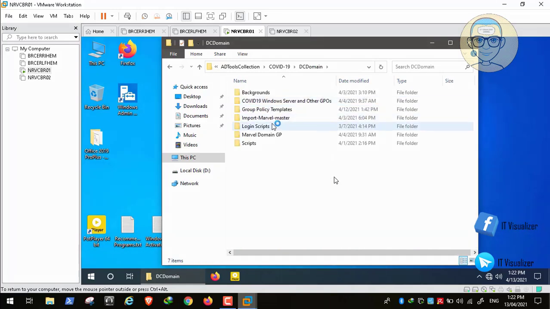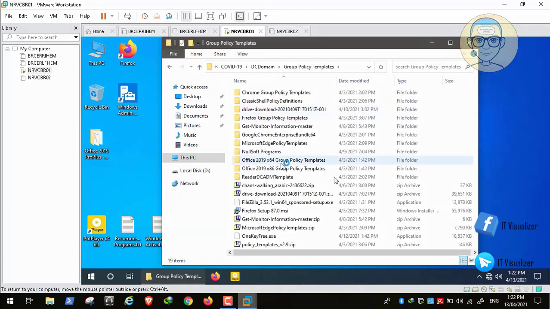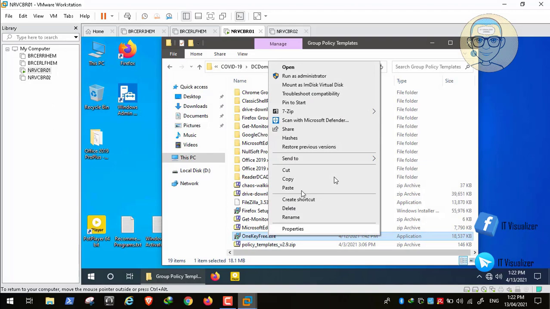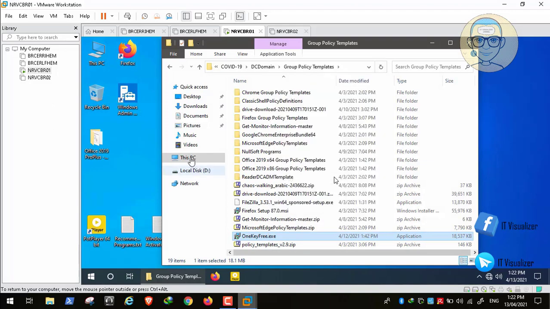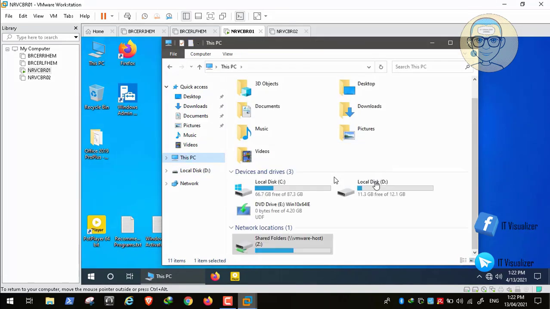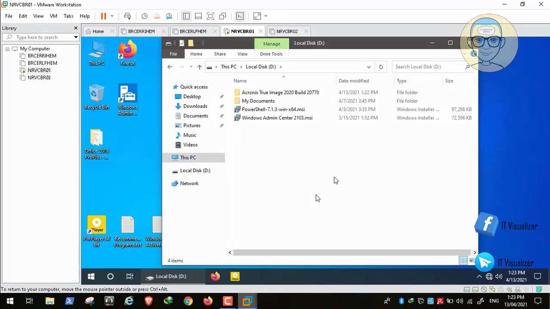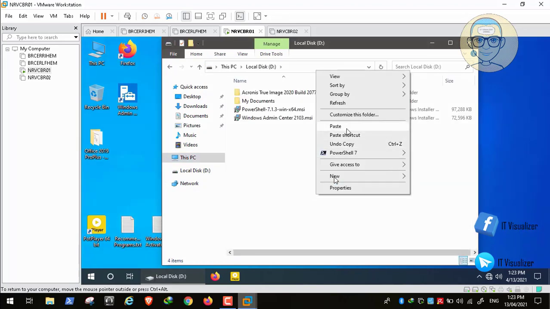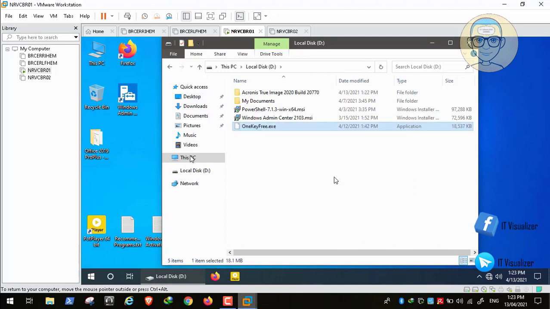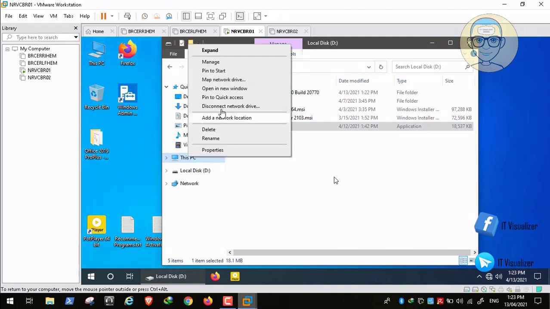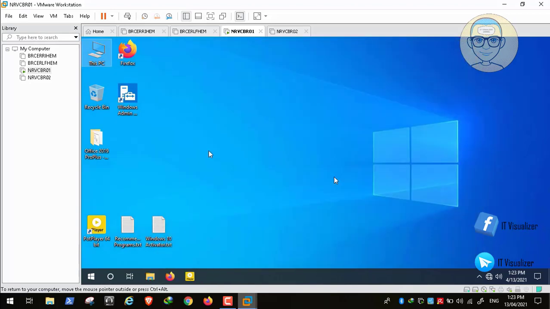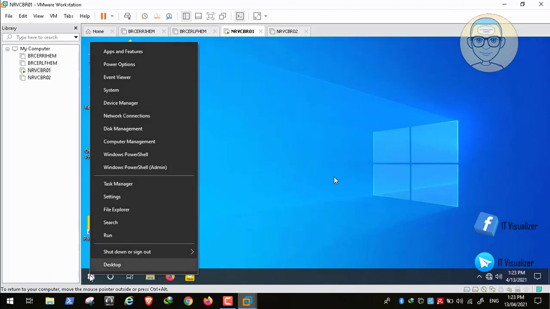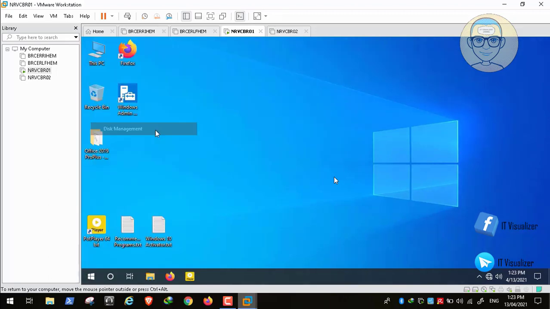So here you go, it is in the folder of group policy templates. It's called OneKey. This is OneKey free. It's 18 megabytes, and I have showed you all how you can download it. Anyway, we'll put it on the local hard disk of the machine, and then we need to initialize the newly added hard disk and make it one partition. So we can right click and open the Disk Management console,